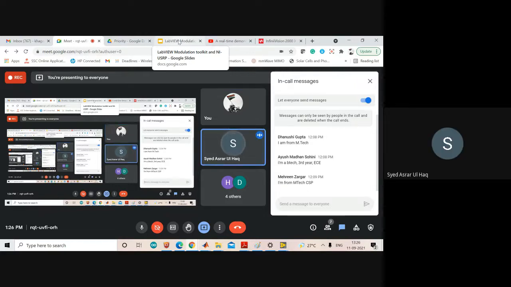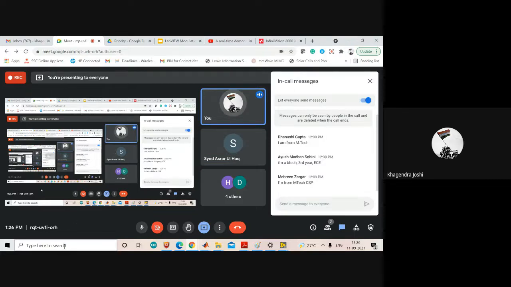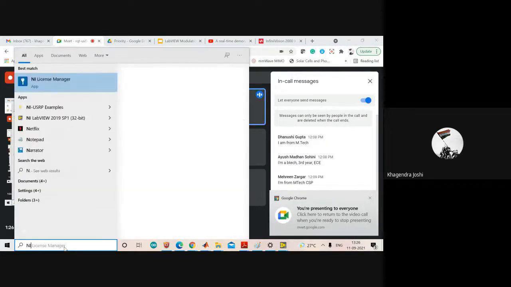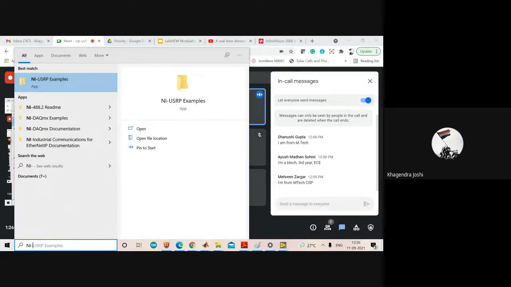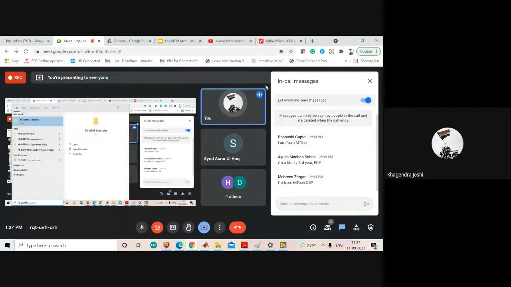Right now I haven't downloaded it. So when you download it, you just need to mention in the search window, just write down NI USRP. The moment you write NI hyphen, the USRP examples will come in front of you. Otherwise, you can write down NI USRP. The second option to access the examples is